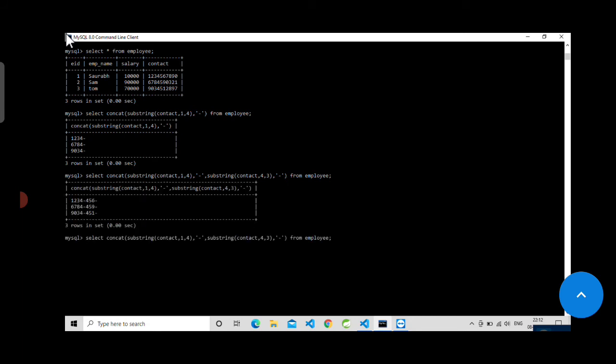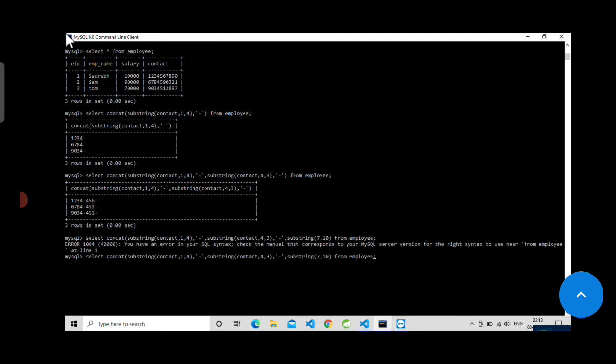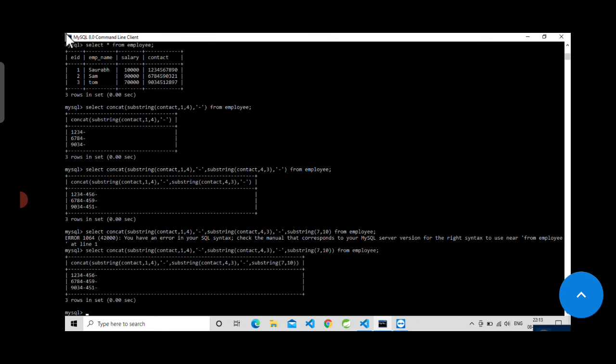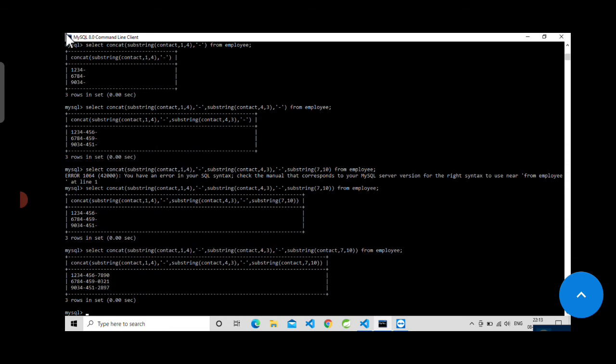Our last part will be again a substring, from the 7th position to 10. If we run this query now, I have missed a bracket. What happened? Sorry, I have not provided the column name contact here. Okay, now it's working fine.